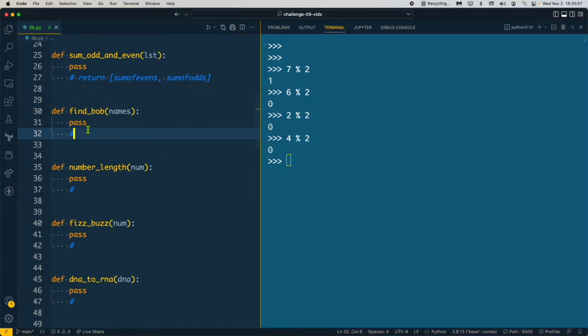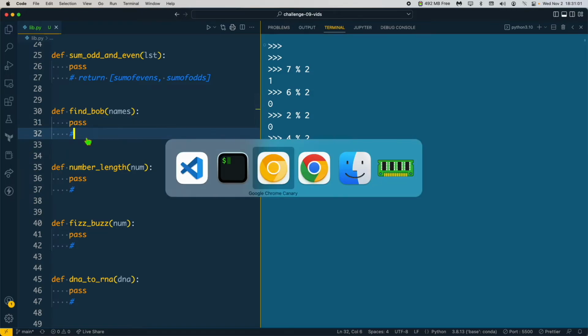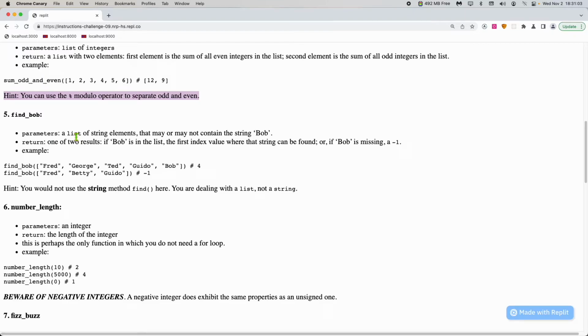Let's see here, find Bob. You're going to get a list of names, a list of string elements. Okay, so you're going to get something like Fred, George, Ted, Guido, Bob. And then